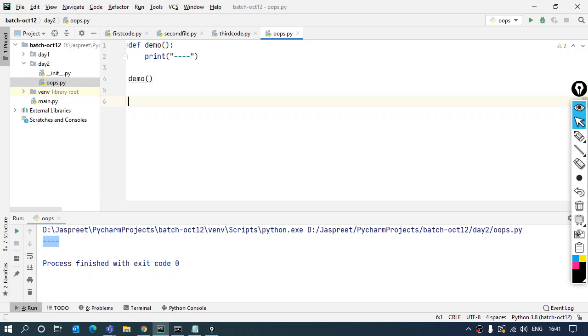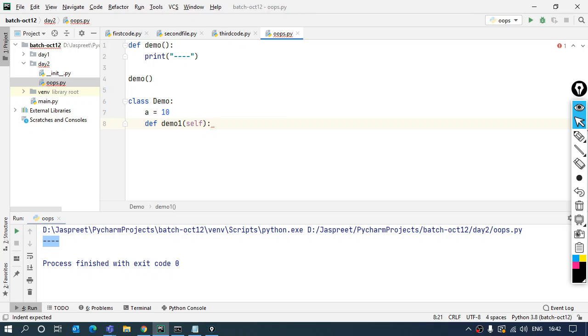Now, if I talk about a class, let's say I have a class Demo. Inside this I have a number of variables and a number of functions. I have a variable a, let's say 10. Now I need to use this variable inside the functions which are there in the class, that is, class functions, right? So I'll go on and define a function, and I'll name it demo1.